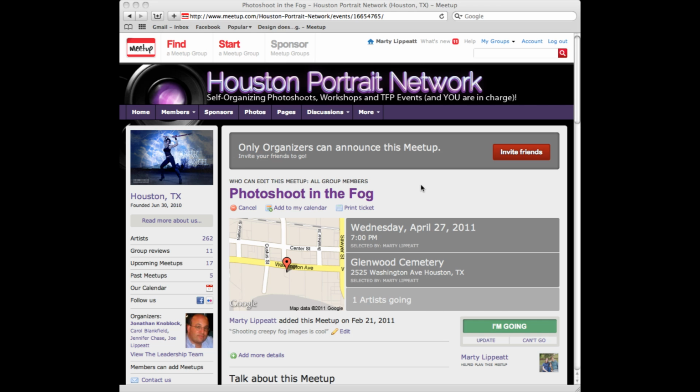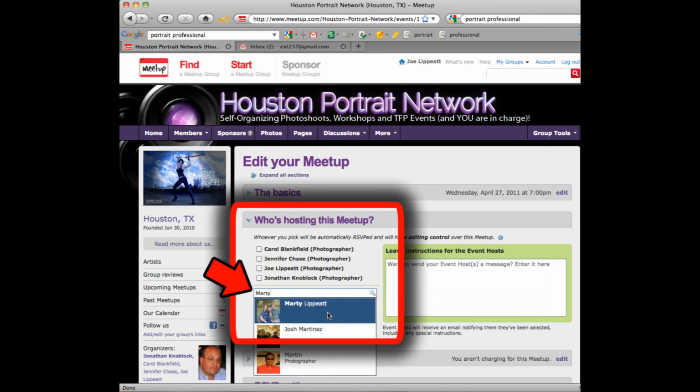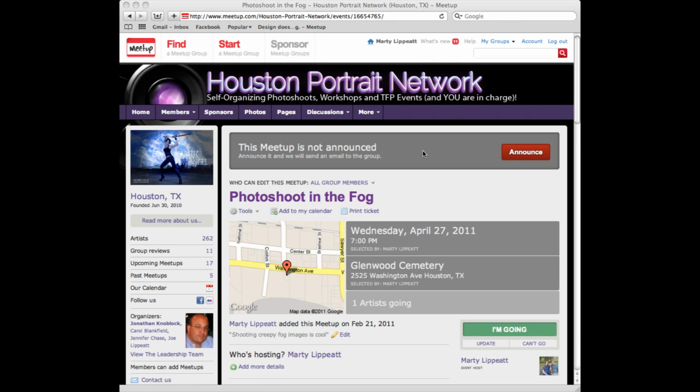And that's where us organizers come in. When you submit your idea, all of us organizers will receive an email with some basic info. So we might email you back asking for some more information. For example, there might be a date or time missing and we need you to add that. But otherwise, one of us will switch you from just a regular user to an official organizer that hosts that event. So now when Marty goes back to her event idea, she has full control of that event listing on